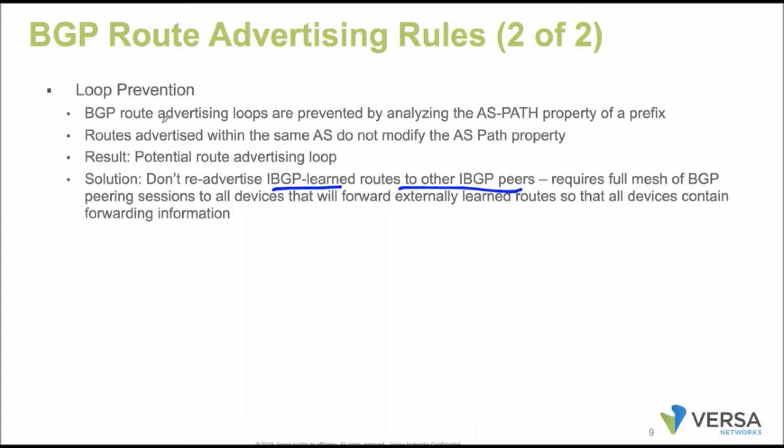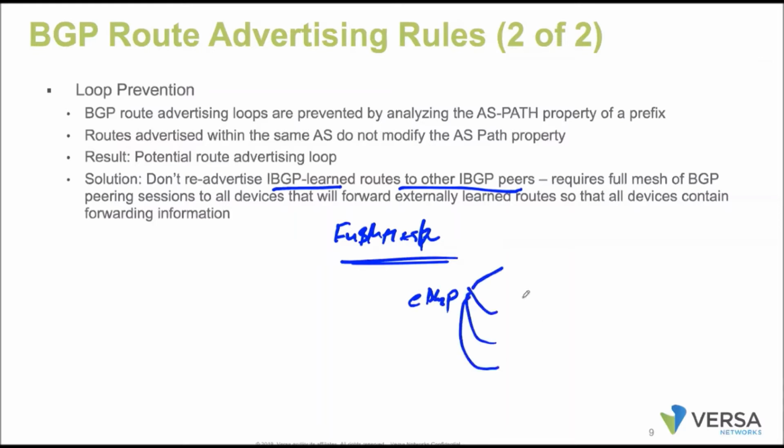Due to that, what is going to happen? We are going to have the full mesh implementation. Within the BGP domain, we go with a full mesh implementation. One of the eBGP routers will establish the iBGP connection with all the internal routers. This router runs eBGP on one side and iBGP on the other, so whatever it receives on eBGP it will advertise over iBGP.